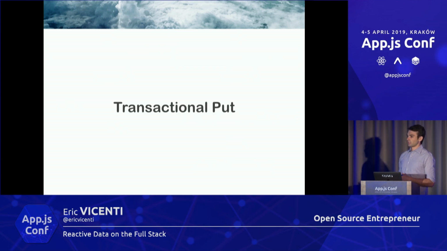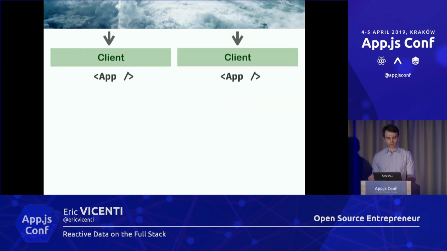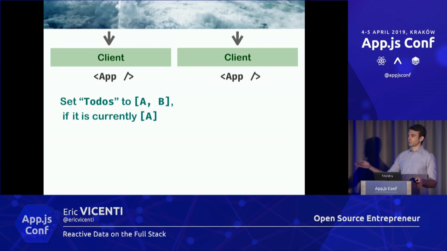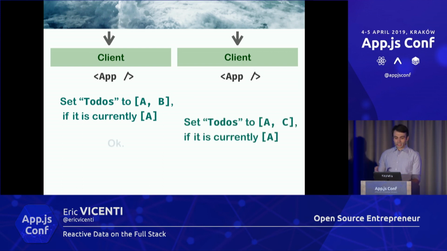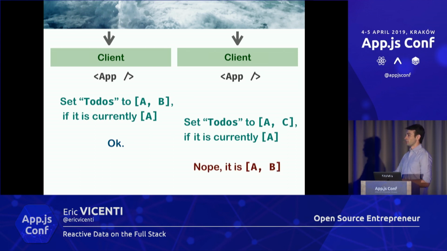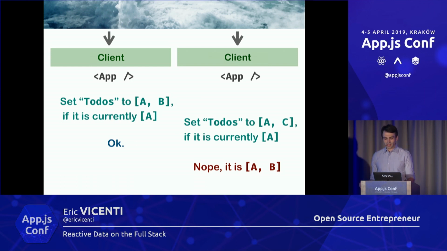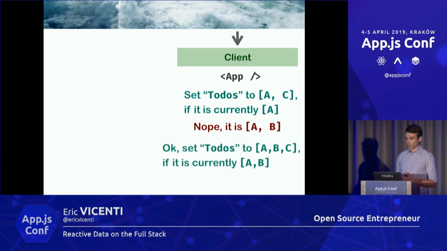Okay, so what if we had the ability to put transactionally, which is to request of your source, let me put this thing if the current thing is this block ID? So how this would work is the first client would say, let me put to-dos A, B, if the current list is A. And the second client would do the same with C. Obviously, in this case, the first client is going to succeed. The second client is going to fail because the server's like, nah, it's changed. Now this client is going to be like, oh, bummer, I had a race condition. Let me go merge it, add this C to the new list,